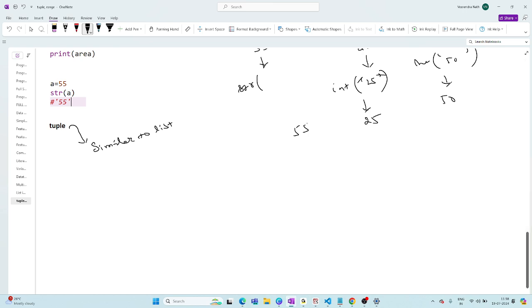Right now, for example, if I'm saying 55 is same as 55, yes. So similarity, for example, two triangles are there. Now I will say two triangles are similar, ఎందుకంటే ప్రాపర్టీస్ మ్యాచ్ అవుతాయి కాబట్టి. ఇక్కడ కూడా టపుల్, లిస్ట్ సేమ్, ఎందుకంటే ప్రాపర్టీస్ కొన్ని మ్యాచ్ అవుతాయి. ఏమేమి ప్రాపర్టీస్ మ్యాచ్ అవ్వవు కూడా చెప్తాను నేను. Similar to a list but immutable. Point number 1.